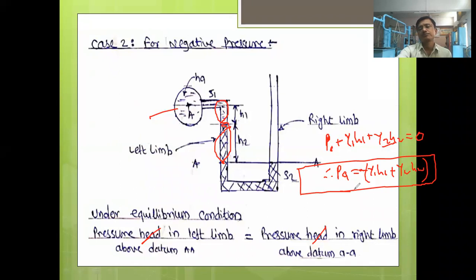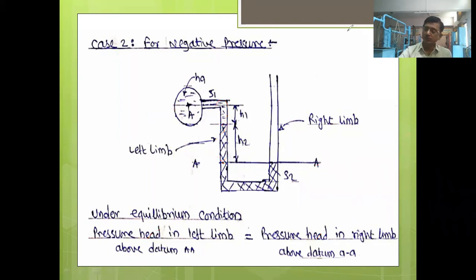Now here you can see, as it is a negative pressure, you will get this minus value here. So while writing the answer, you can write the value with a minus sign, say 401 point something Newton per meter square, or you can write 401 point something Newton per meter square and in bracket write vacuum. You can replace this minus sign with a plus sign, and in bracket write vacuum. Means here you can say that this is a negative pressure. So this was about case 2 for negative pressure.